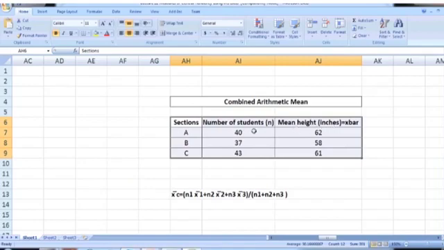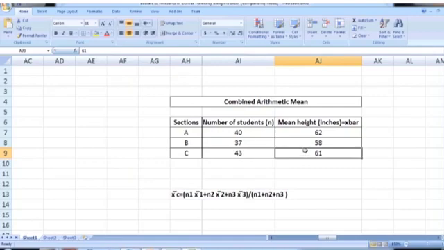The number of students in section A is 40 and their mean height is 62 inches. Similarly in section B, the number of students is 37, the mean height is 58 inches, and the number of students in section C is 43 and the mean height is